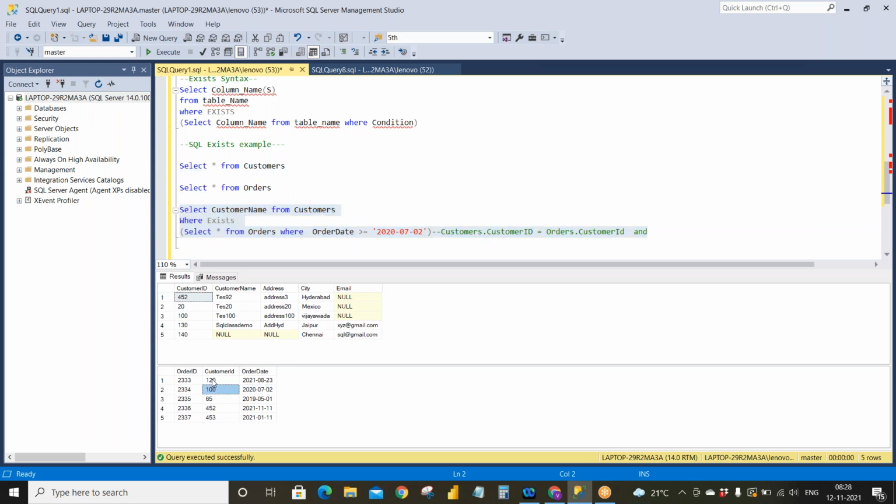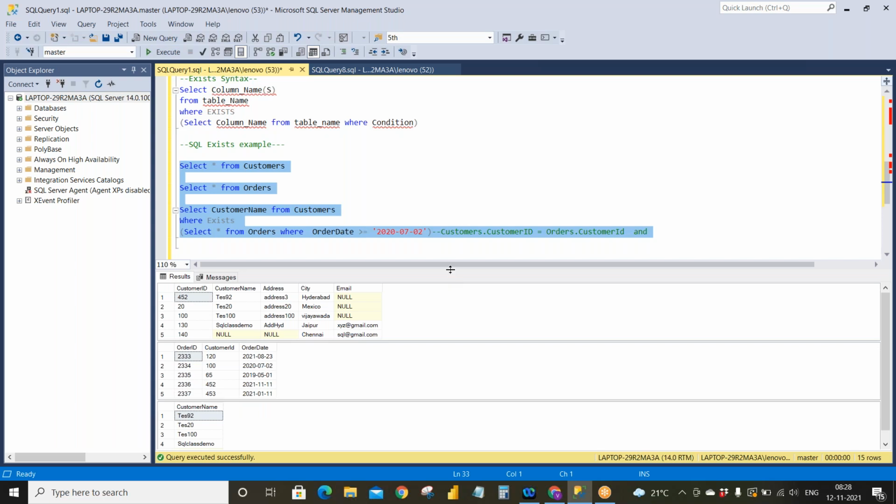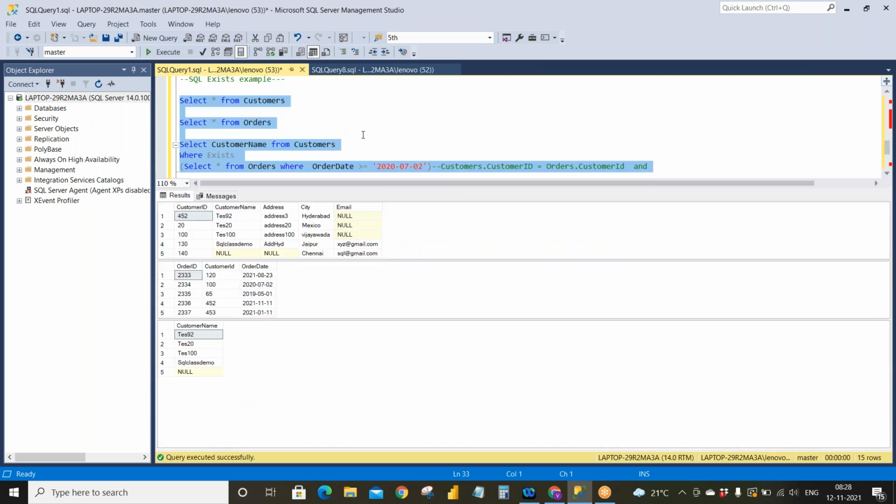I have only 100 over here. After that, I have 452. But the 453 data and 120 data are not there over here, but still I'm getting all the data. I'll just execute all 3. Okay. So now what is happening?